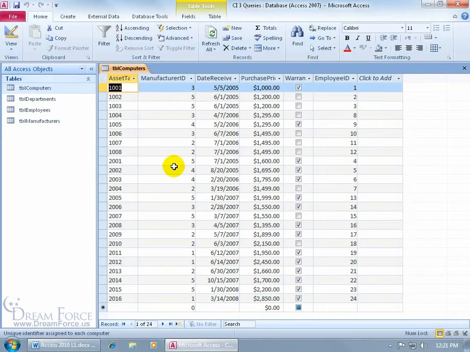Not in my case. There may be a time where I just want to pull up the asset tag, the date received, and the purchase price, and I don't need to see the other fields. You can imagine if I had dozens of fields, dozens of columns, and tens of thousands of records, that every time I pull up the computers, my system's going to slow down a bit while it tries to pull it all in. Or at the very least, it'll slow me down,